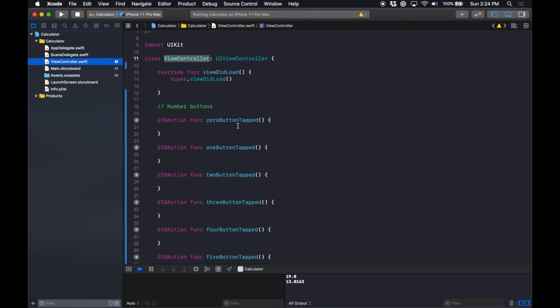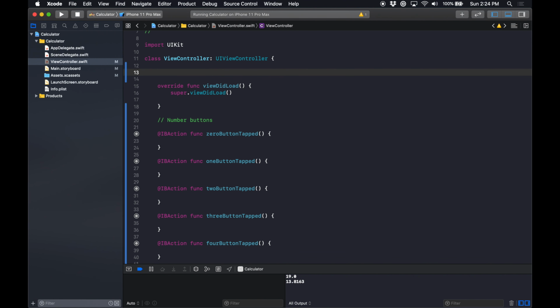So let's start with the buttons that are used for entering numbers. Those are the easiest ones. They don't require any special math. We're just typing in some numbers here. Now, when you type on a calculator, it doesn't replace the number. It has this additive effect where the number grows and gets longer. And so what we want is a variable, similar to how we had in our previous lesson, so that we can continuously grow or add on to this number that the user's typing in